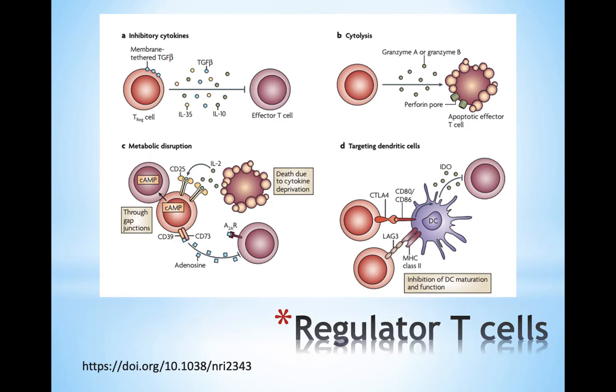Either they secrete chemokines, they secrete enzymes, or they have co-stimulatory proteins, or they have receptors responsible for metabolic disruption, and also they can target other activator cells, like in the case of dendritic cells. Okay, so